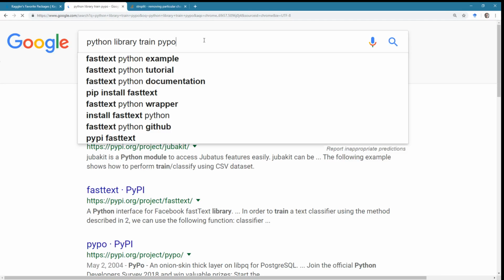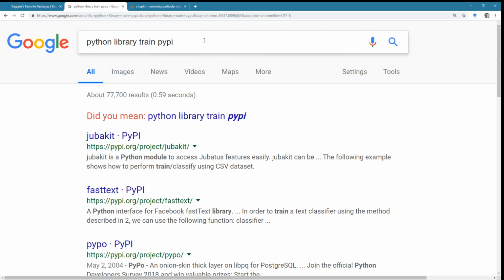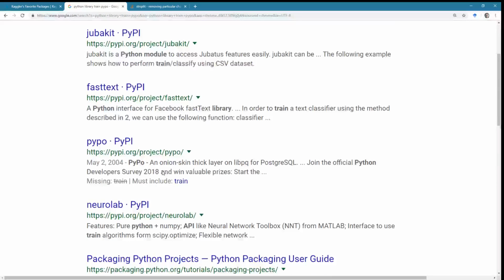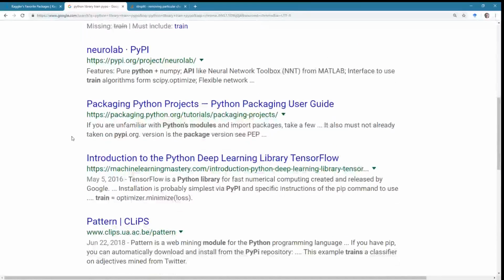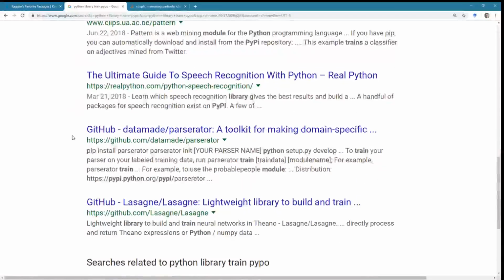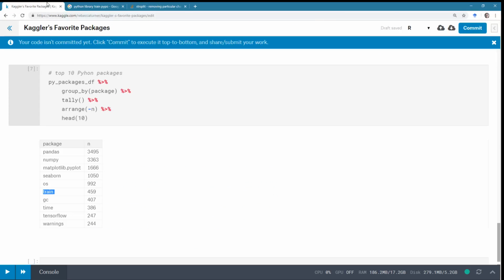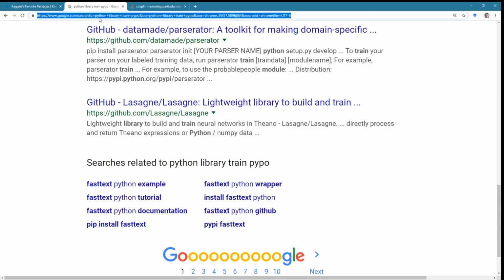PyPI, there we go. Yeah, I'm not seeing one. So maybe my initial data cleaning that I did off screen was a little bit wrong. GC? I don't know what that is.